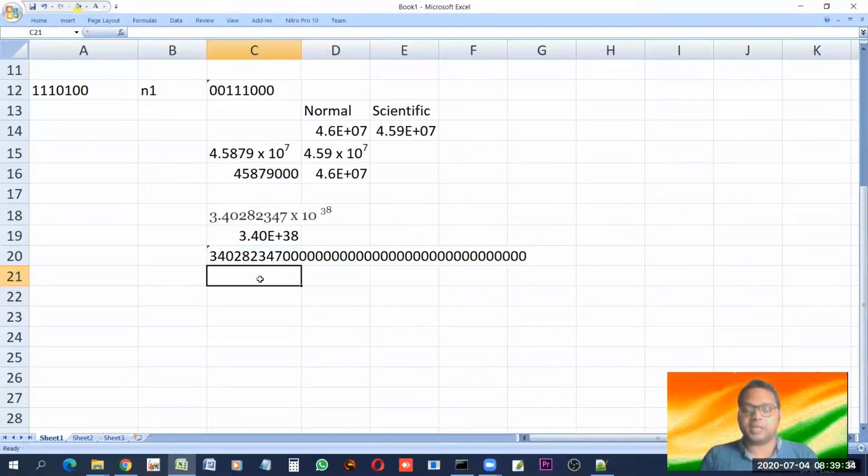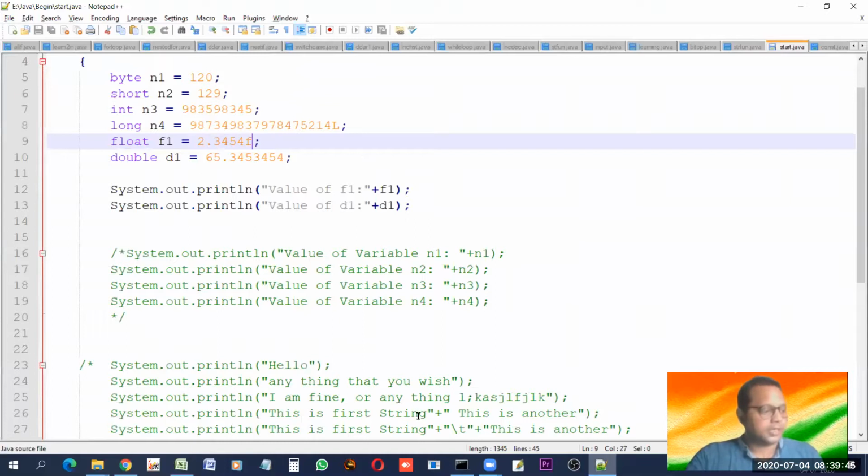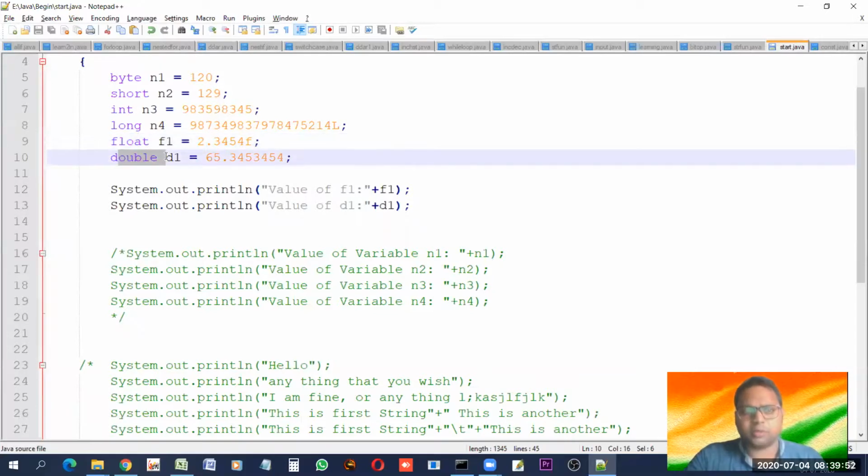using various data types. We'll see more about the different data types in our subsequent classes, but still it will help you to understand how big the range is and what is the capacity of float and double. So where do we need these data types? You may need this data type anywhere. Anywhere the result is going to come in decimal point, like if you want to calculate the interest, then float can be used or double can be used.